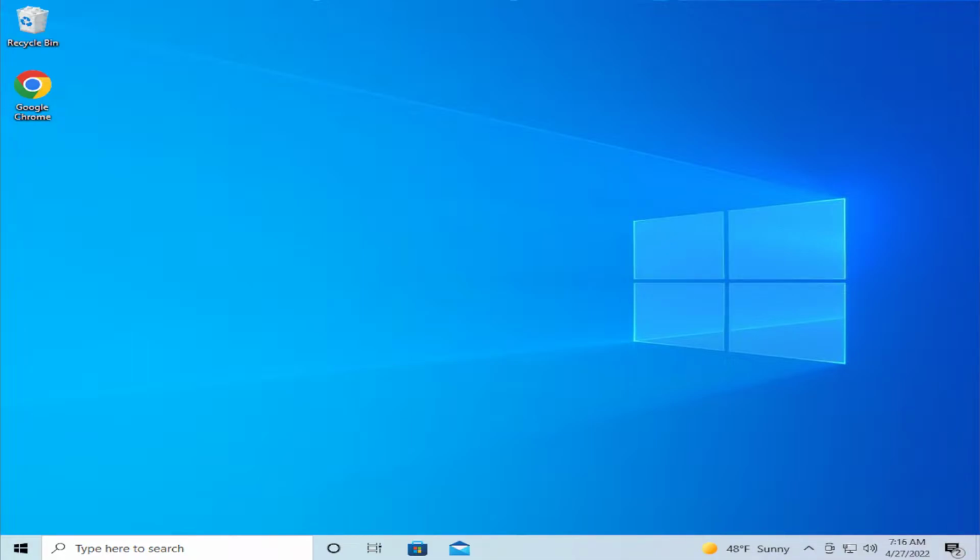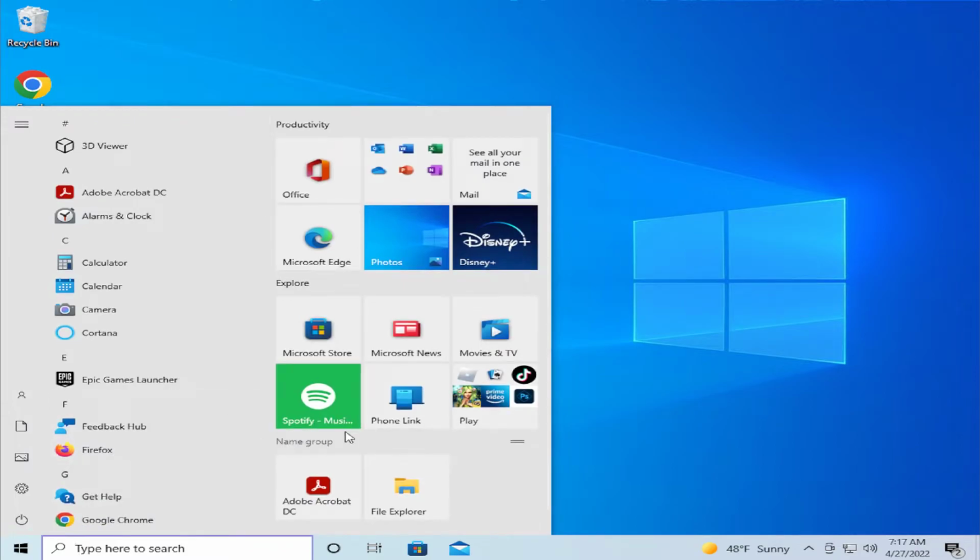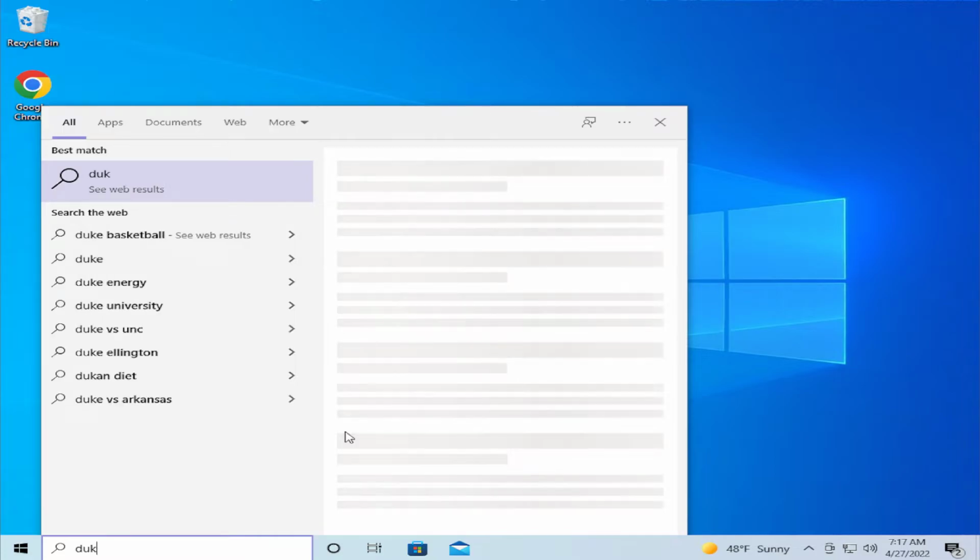In today's video I'm gonna show how to fix navigation pane not showing up in File Explorer on Windows 10 and Windows 11. The problem is this: go to the start menu and search for File Explorer